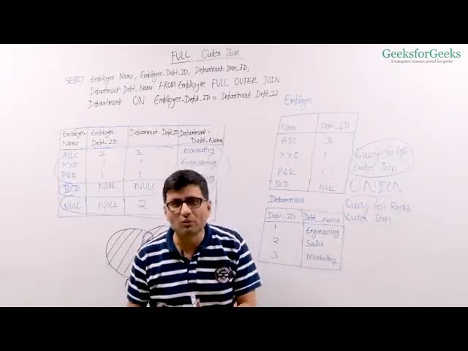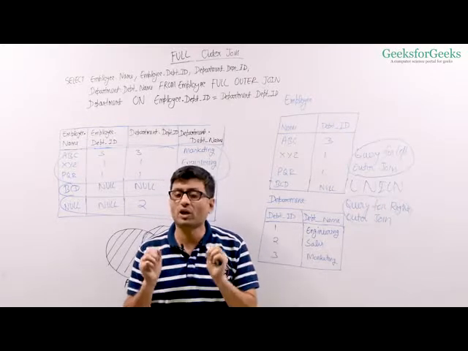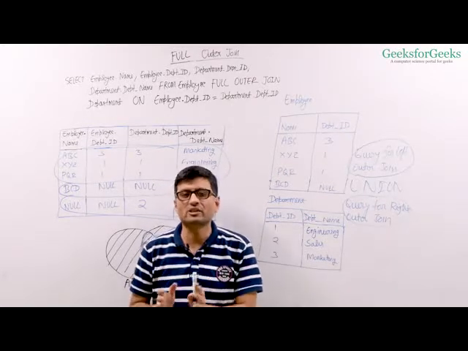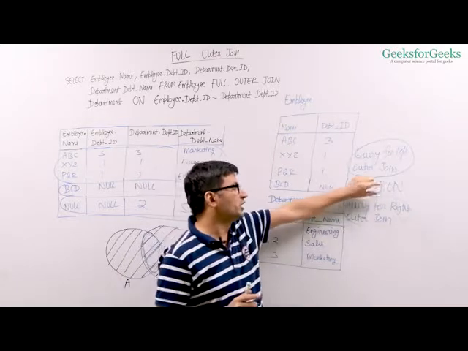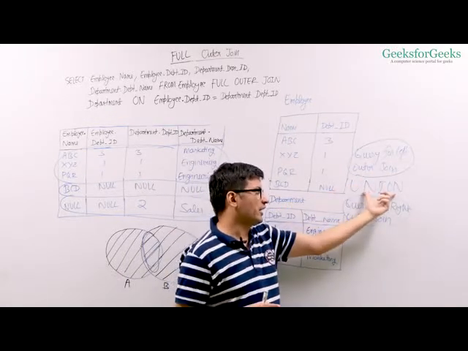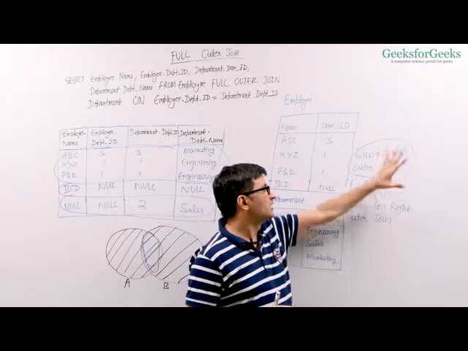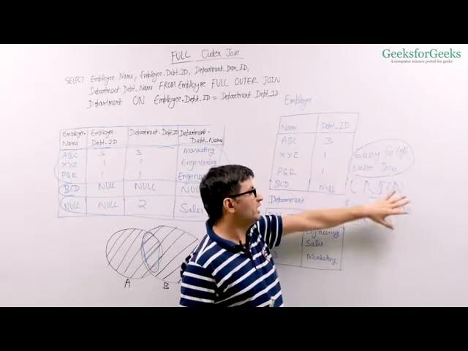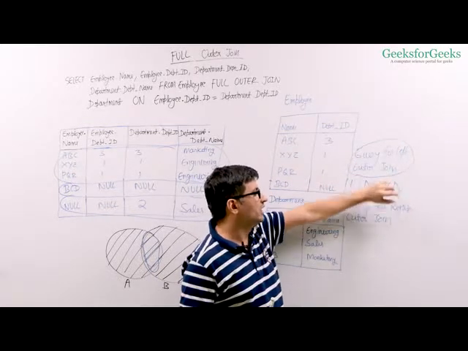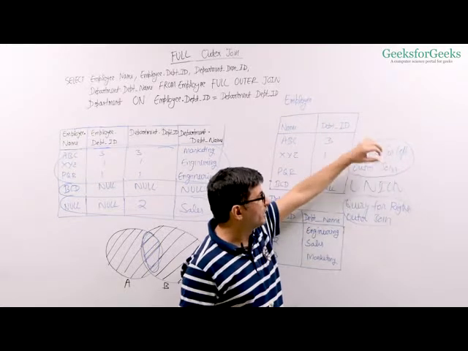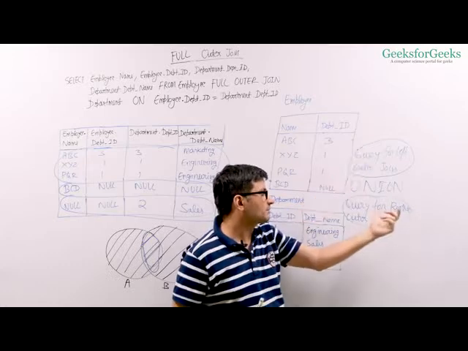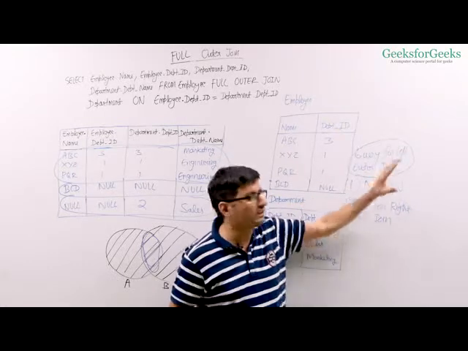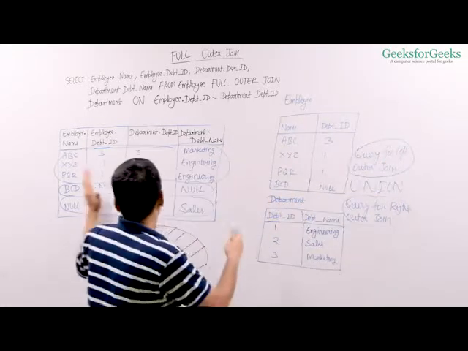So one simple way to implement full outer join in databases that do not support full outer join is to use union keyword, because union handles duplicates and removes duplicates. We just write the left outer join query, then we write the right outer join query. We end up having duplicates because whatever was there in the inner join will come in both the results. So union removes those duplicates and we get the same result as full outer join.